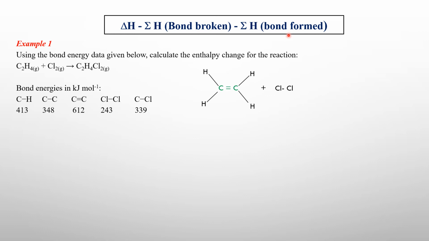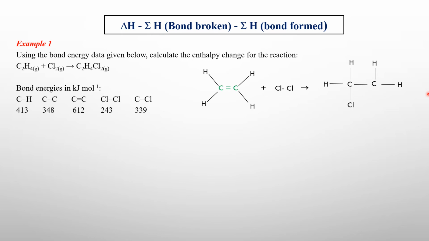Let's look at one example here. In this example, we are going to calculate the enthalpy change for this particular equation. A word of advice: when you are given a question involving bond energy, try to draw a structural formula first. When you draw the structural formula, it will be clearer what bond is going to be affected in the process. I have already done half of the reactant bond structure here. You can see C2H4 is ethene, whose structure is given as such, reacting with chlorine to give you C2H4Cl2. This is how the structural formula of the compound can be drawn. That's an alkyl halide.